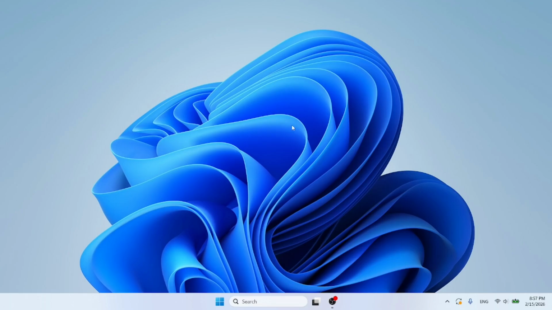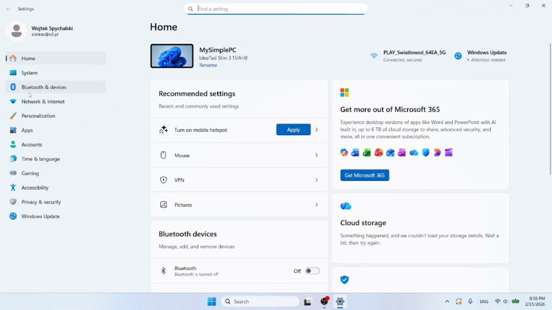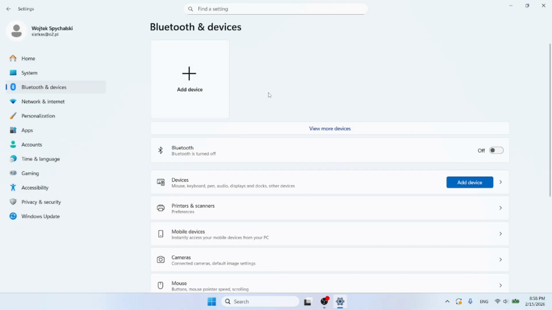Hi, today I'm going to show you how to change mouse speed in Windows 11. If you want to do it, first you need to right-click on the icon with a start, and after that you need to go to settings. Then from the left panel we need to open Bluetooth and devices options, and now we need to scroll down